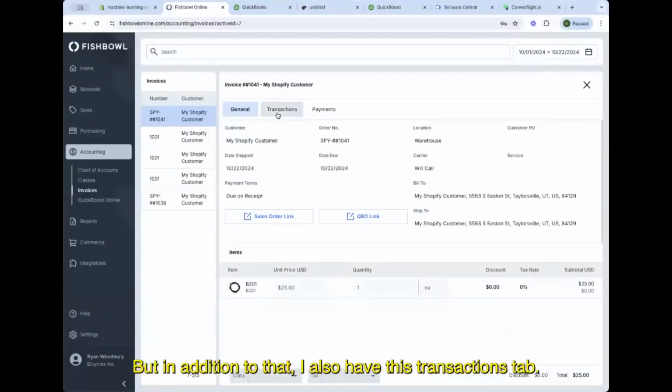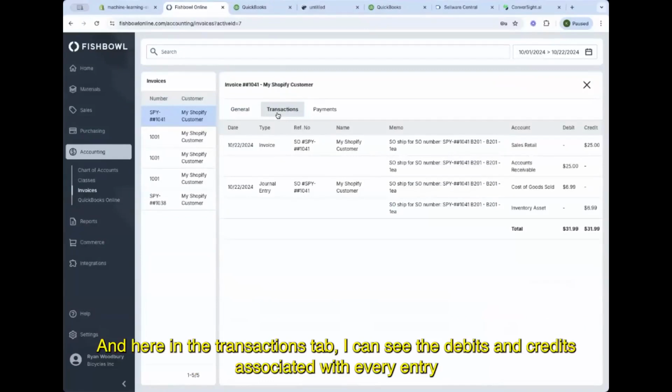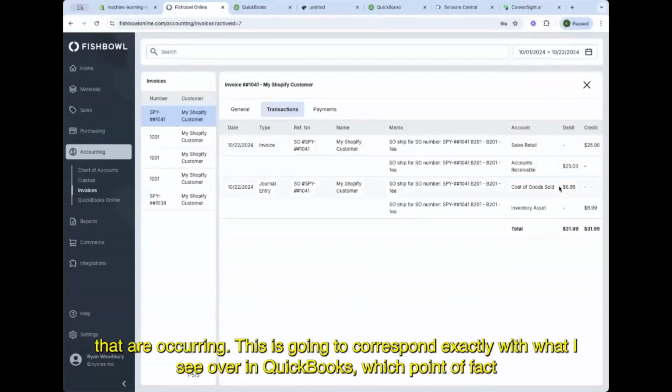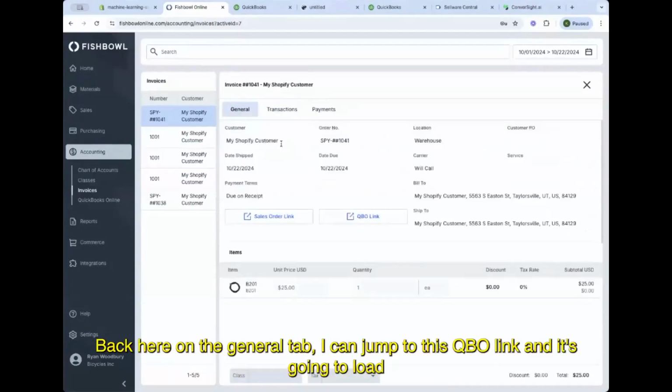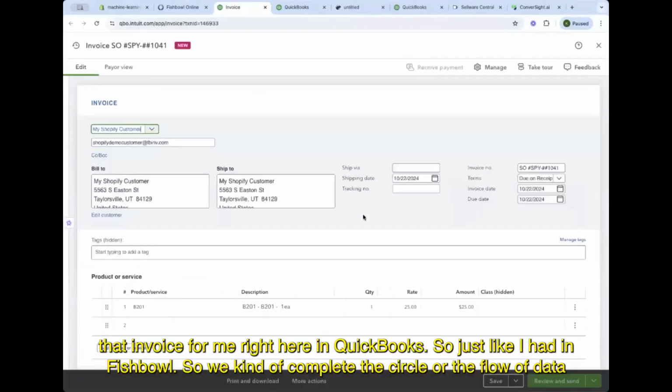But in addition to that, I also have this transactions tab. And here in the transactions tab, I can see the debits and credits associated with every entry that are occurring. This is going to correspond exactly with what I see over in QuickBooks, which, in point of fact, back here on the general tab, I can jump to this QBO link and it's going to load that invoice for me right here in QuickBooks. So just like I had in Fishbowl,